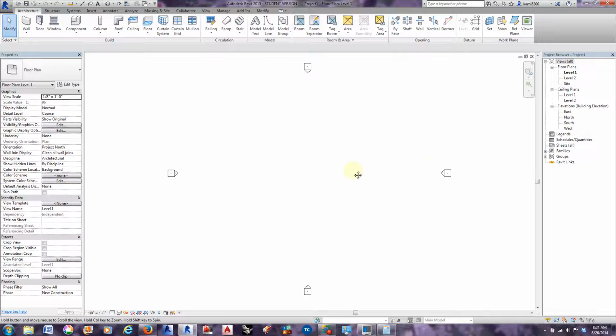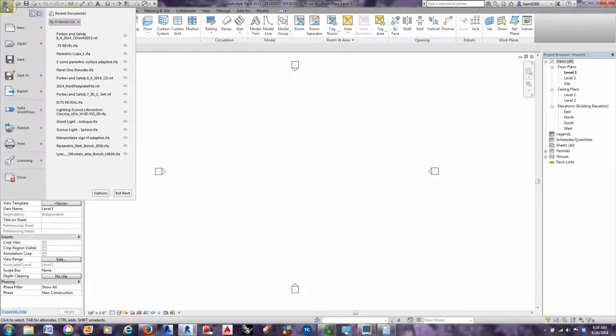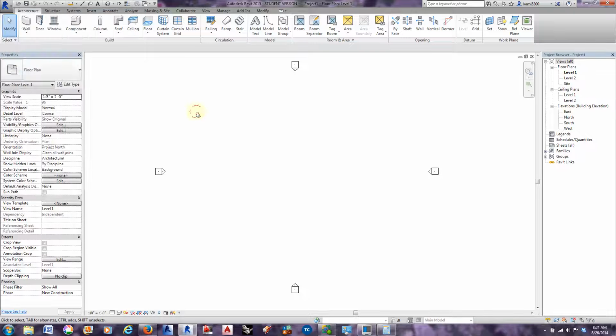So at any rate, I don't even know the names of these because I use them. The application menu is this R. This is where you can open projects, save projects, export projects, and such. This is your quick access toolbar up here. Open, save, undo, redo, dimension tool, or